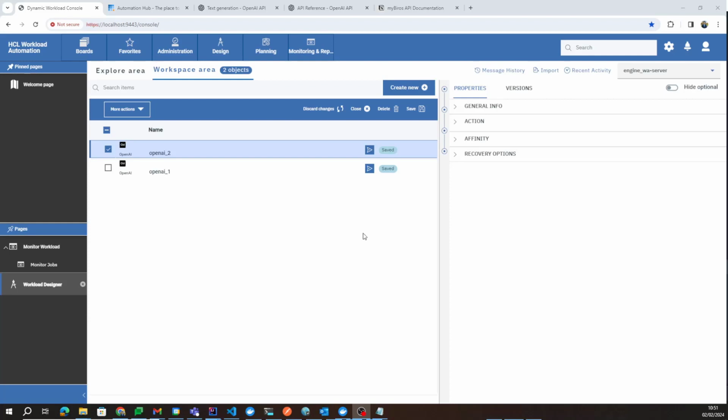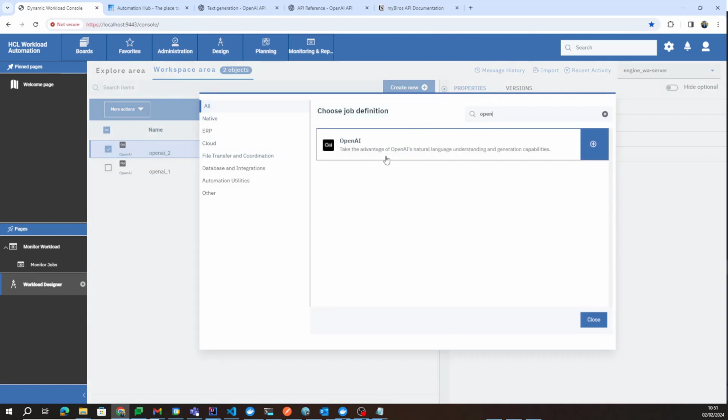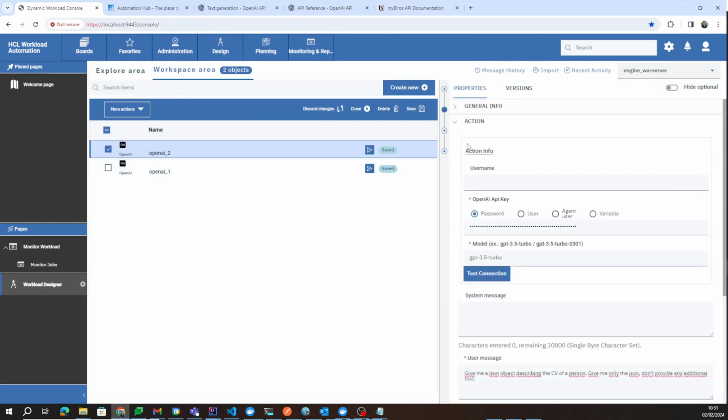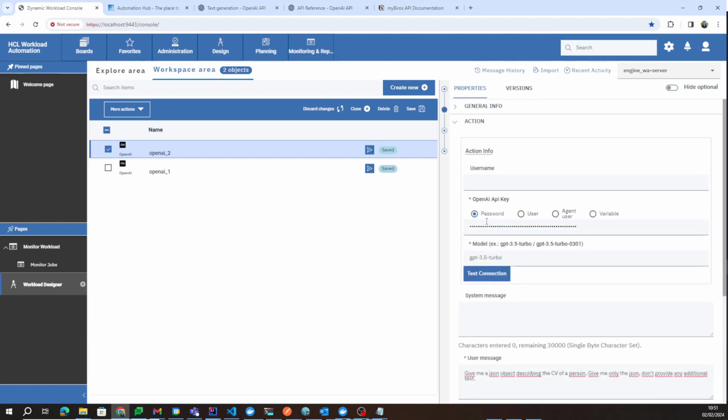If you want to create an OpenAI job, you can go to the create new option, click job definition, and search for OpenAI. When you click here, you will be redirected to the workspace area from where you can start editing your job definition. The OpenAI job is composed of just one tab, the action tab, from where you have to specify some connection parameters